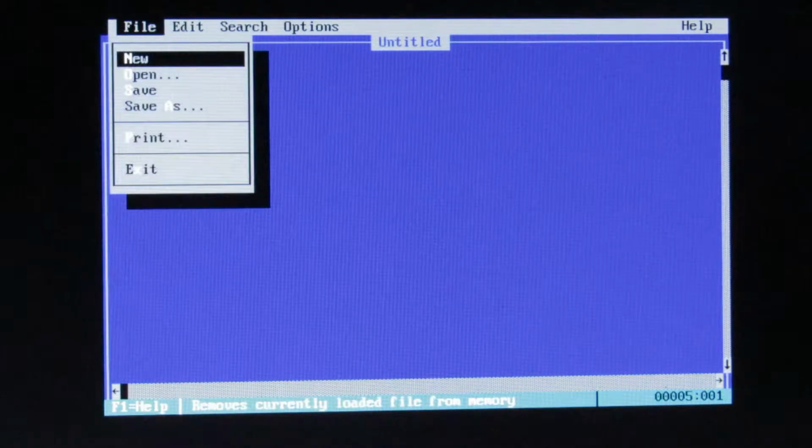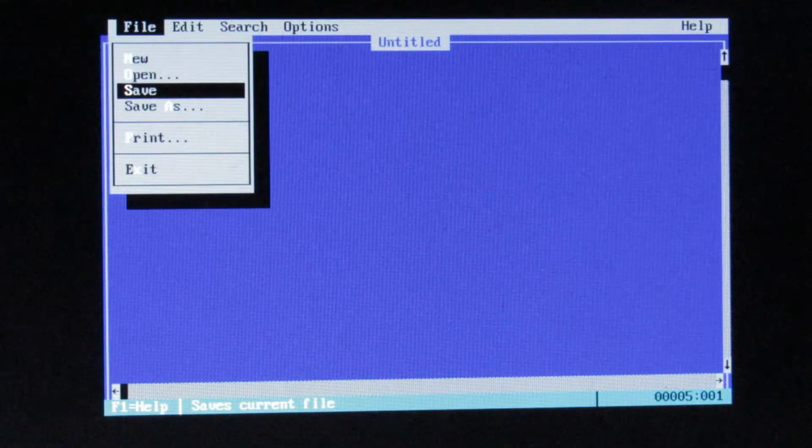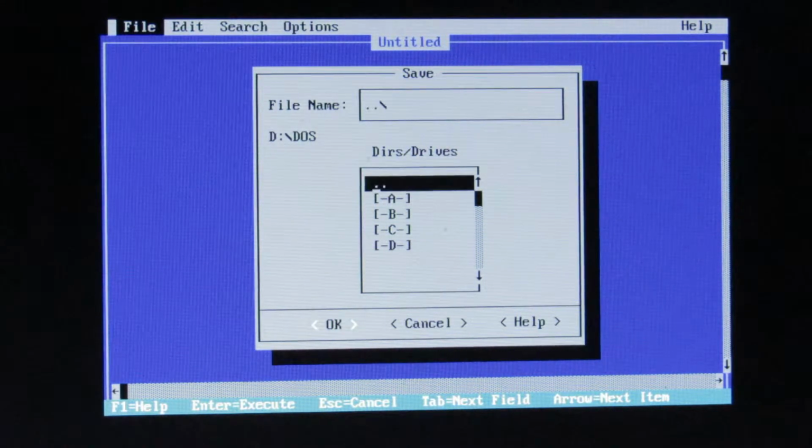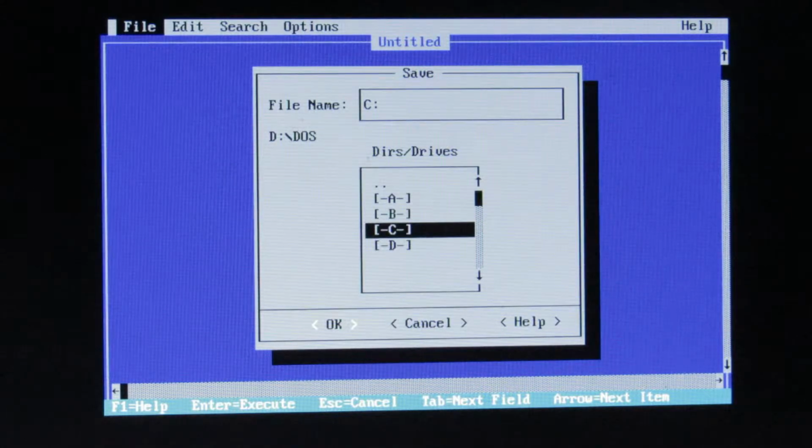Okay, so now I have a file. It's just a bunch of spaces. I'm going to go ahead and save it, because I didn't get to show you this on the last virus. But let's go ahead and save it to the C drive, where I will go ahead and name it